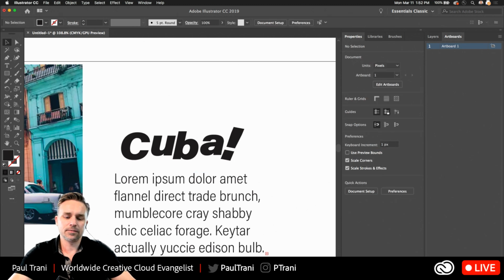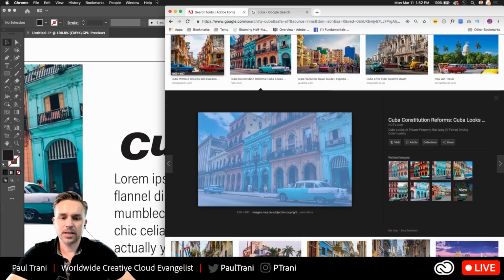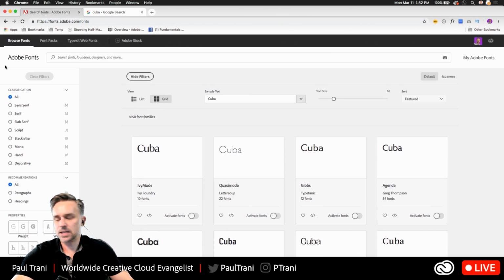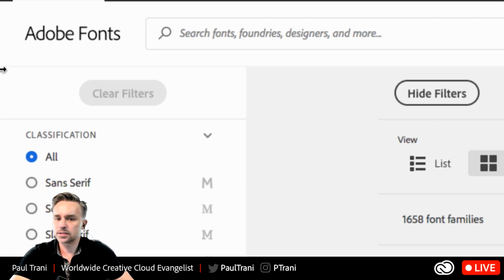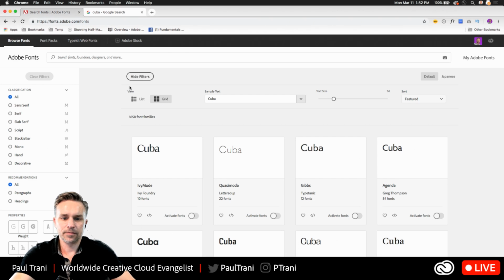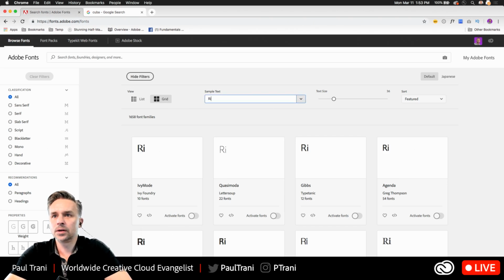But again, this is all on one line. Where did this font come from? Well, most of my fonts came from Adobe Fonts. So this is typically where I would start. Start with Adobe Fonts, fonts.adobe.com. Hopefully you have access to this as a Creative Cloud member, right? Fonts.adobe.com. I just typed in,